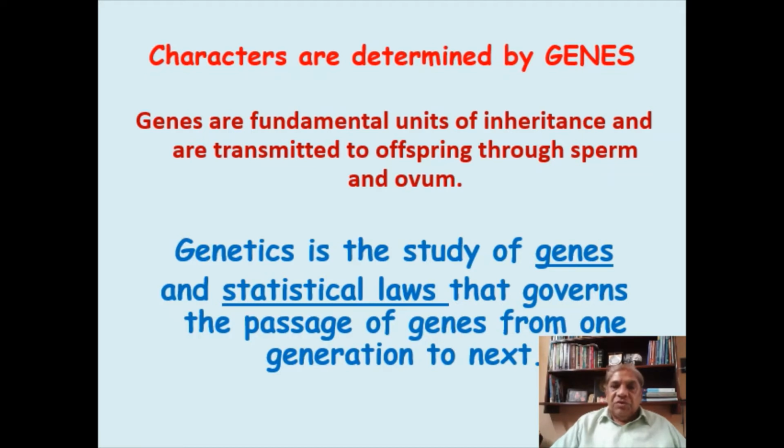So these have come from both the parents. The characters have come from both the parents. Whatever genes were present in this ovum and sperm will ultimately determine the characters of the offspring. Now, after this background, at least we can make out that genetics is the study of genes. Number one, it is the study of genes. And what are genes? They determine the characters and are transmitted from our parents to us.